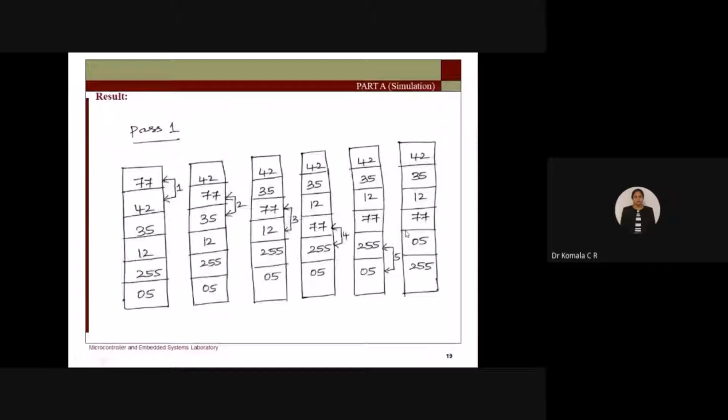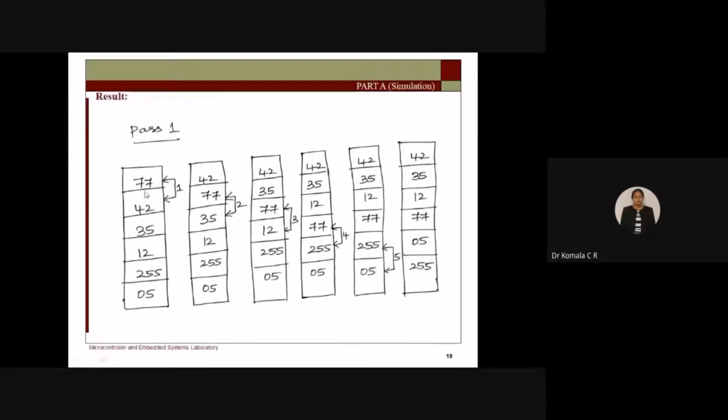In the first comparison we compare the first number with the second number. If the first number is less than the second number, then it is not necessary to exchange. For example, if 42 is in the first cell and 77 in the second cell, there is no need to swap, because we want the smaller one in the first cell and the greater one in the second.